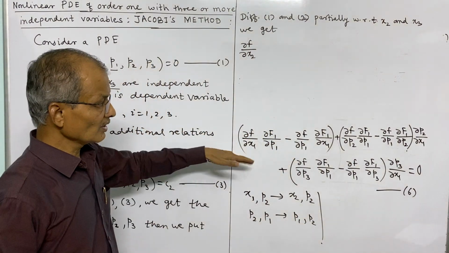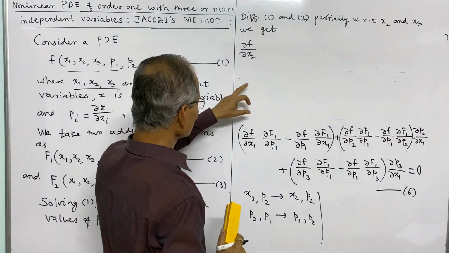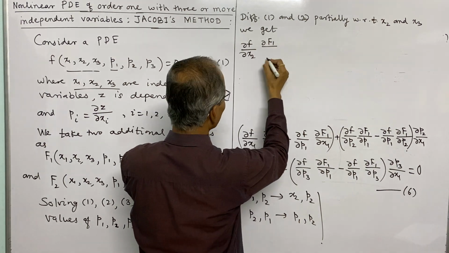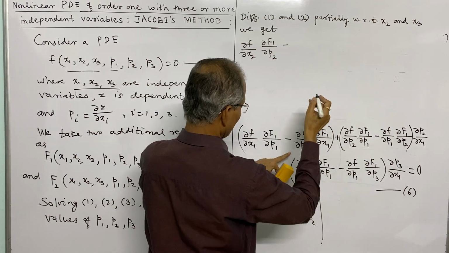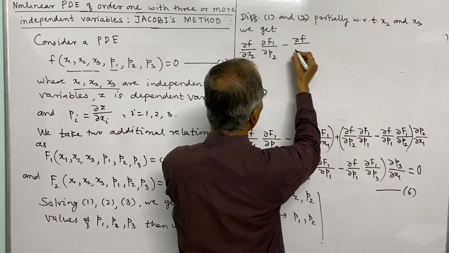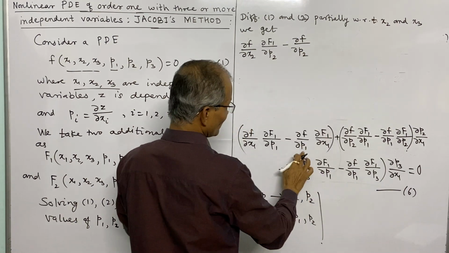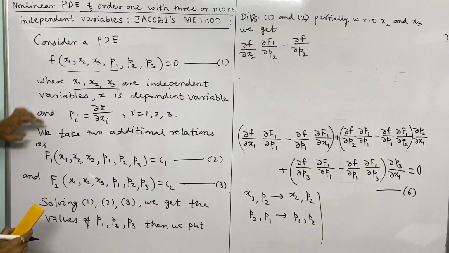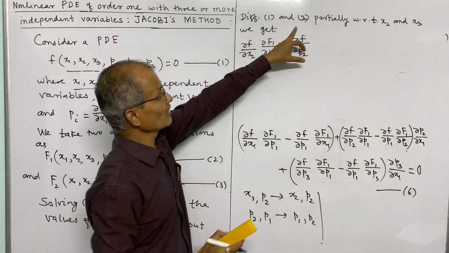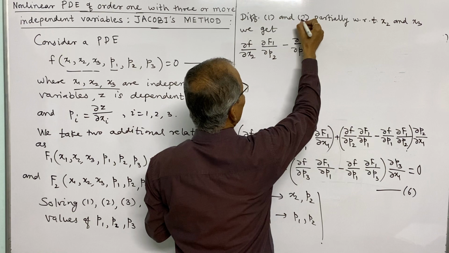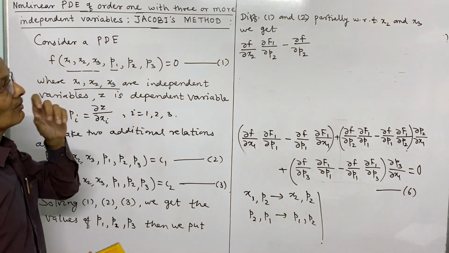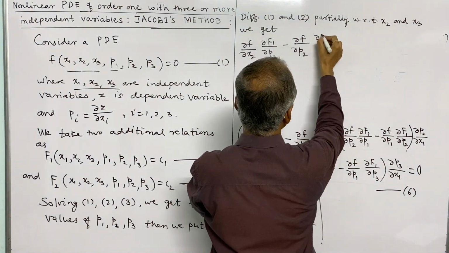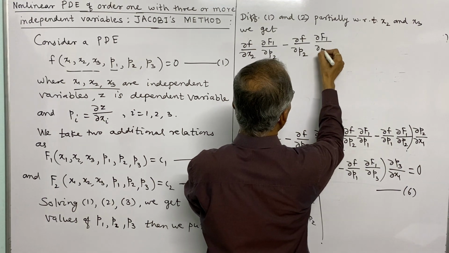You can verify by doing the same procedure. Therefore first it will be dou f by dou x2 and dou capital F1 by dou p2 minus dou f by dou p2. p1 becomes p2, x1 becomes x2. No change in f and F1 because we are fixing the same f and F1, 1 and 2 only we are differentiating with respect to x2, and then with respect to x3. So this is dou f by dou p2, dou F1 by dou x2, first equation,